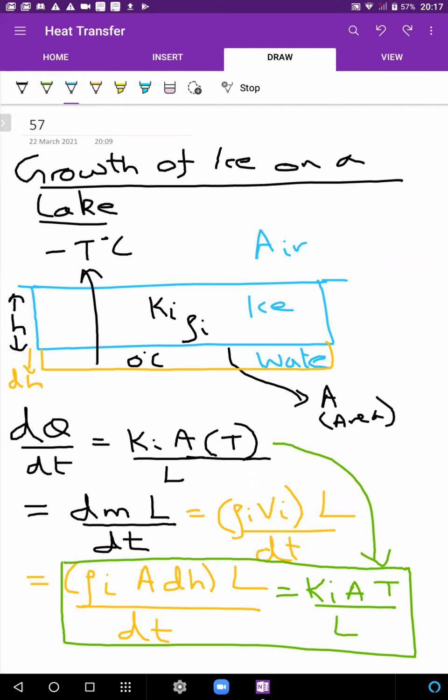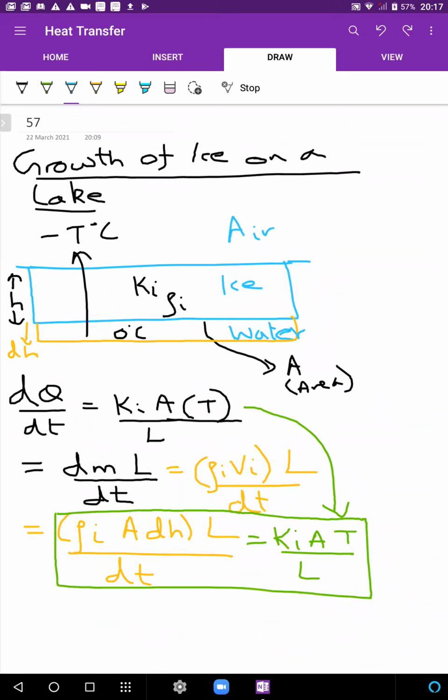जितना पानी का mass freeze हो रहा है उतना ही तो ice बन रहा है. ठीक है, तो instead of writing in terms of water का thickness वगैरह, we are trying to write in terms of ice का thickness. हमें देखना है कि ice का thickness ऊपर से नीचे कितने rate पे बढ़ रहा है. So therefore I wrote, what you're saying is also right. This is also rho_w V_w, but that is not of much significance to us. Therefore I wrote it as rho_i V_i, so that I can write V_i in terms of dh. Got it? And one of you is asking again, dm is the mass of this layer. dm is the mass of that layer, new layer formed. dh thickness का जो additional layer बन रहा है उसका mass है. Okay, इसके आगे you can see कि solving this is easy. Area cancels out from both sides.